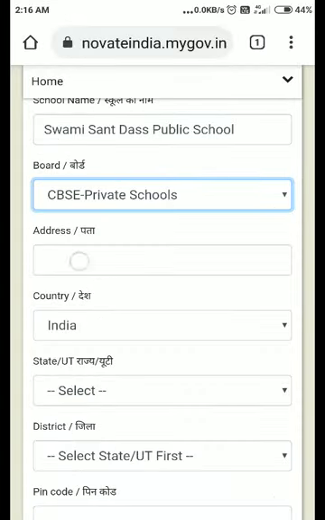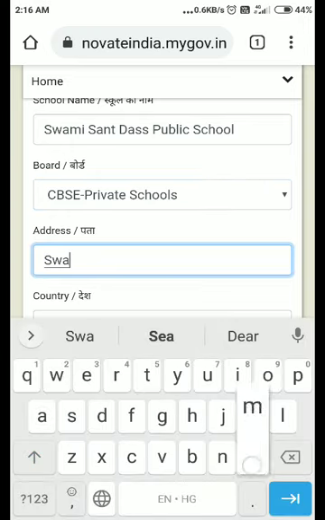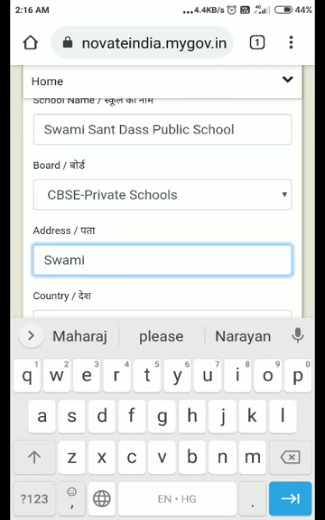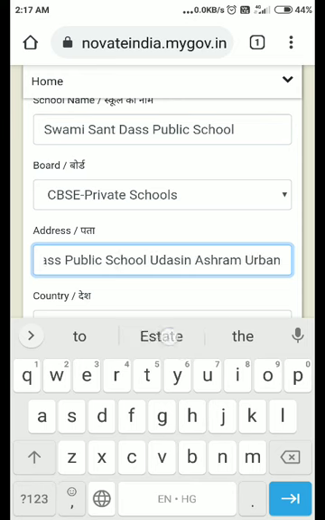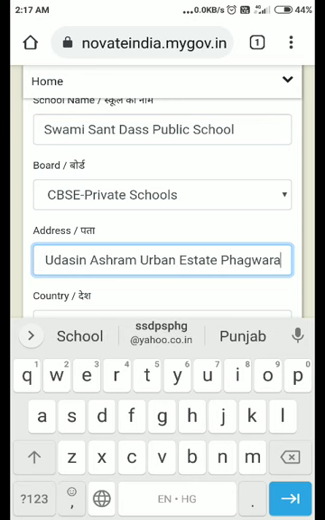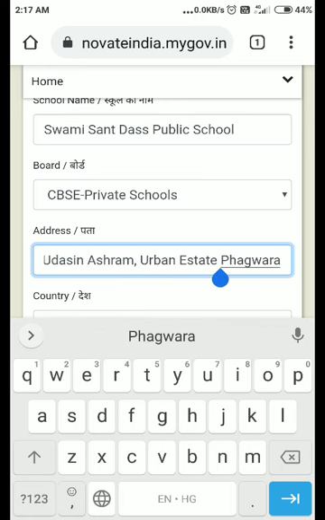After that, in the address section we have mentioned the name of the school along with the address: Swami Sant Das Public School, Udasin Ashram, Urban Estate, Phagwara. Here we are going to separate this with a comma, again a comma, and again a comma.